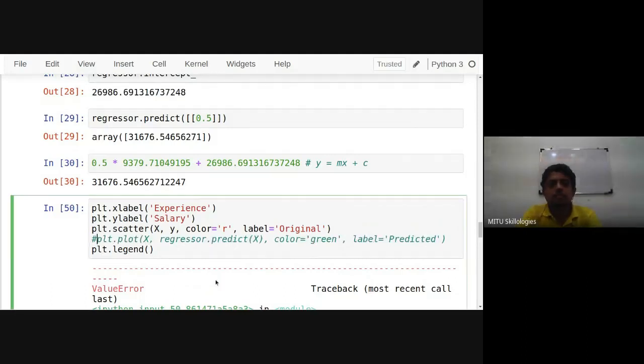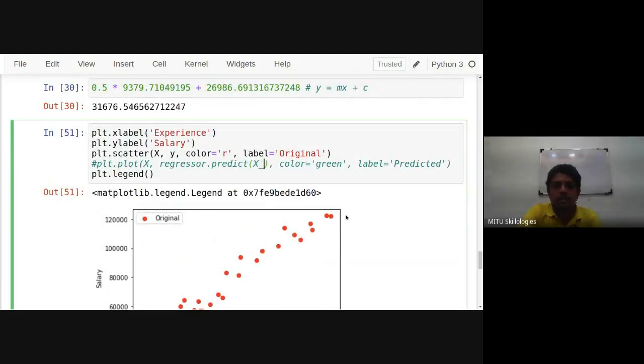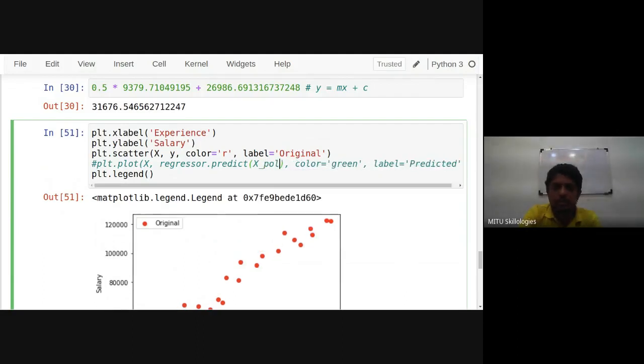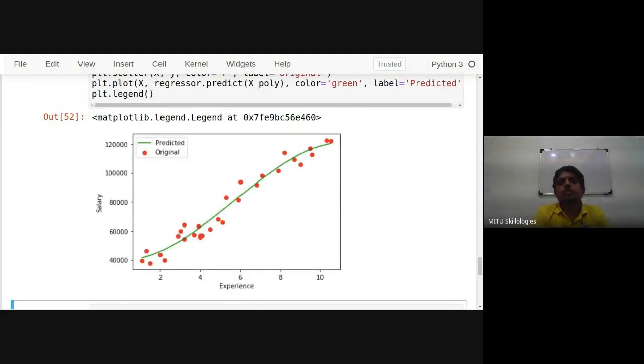This is predicted, on X poly, not X actually. Yes. Polynomially predicted data.